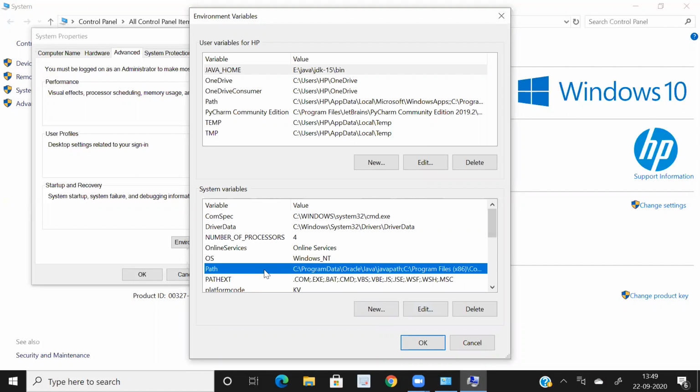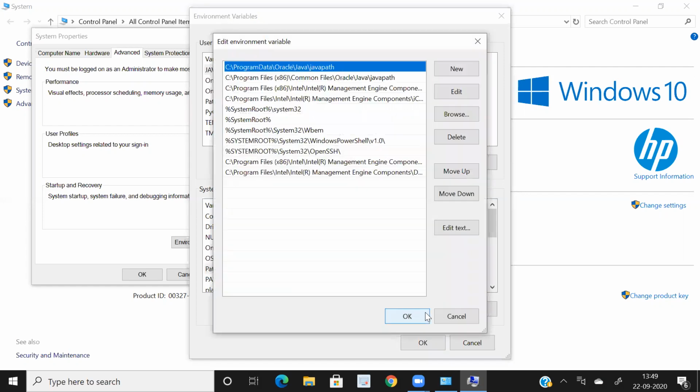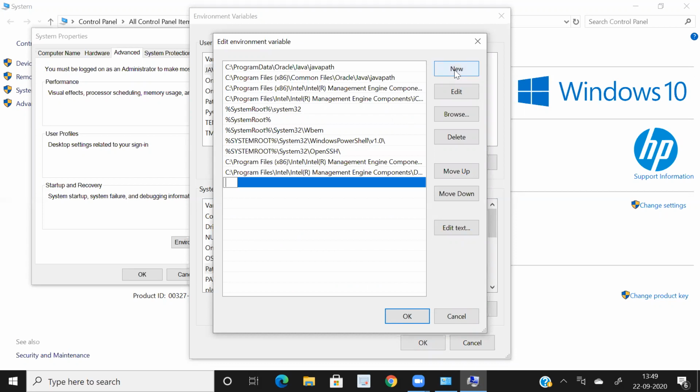If it is not available here, then I have to create a new one. But it is already there, as we know our operating system is used for using different software. So before using it, we have to set the path. These are all the paths which are already set by the manufacturer or the person from whom I am getting this system. Now you have to click on new, because I don't find any path for the JDK bin directory. So now I have to click on new.